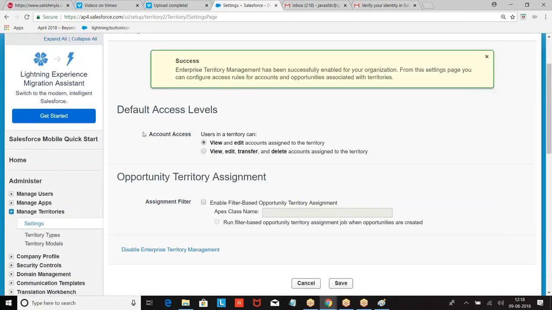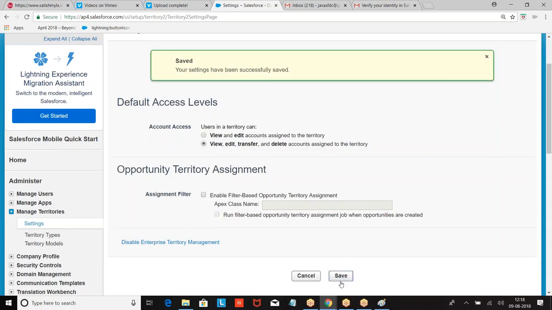Then we are dealing with only what? Account access. Now, if I choose this, members of the territory can access accounts and edit accounts. If I choose this, members of the territory can perform edit, transfer or delete on the accounts. If you want to define any assignment rules, you can do it based on Apex.